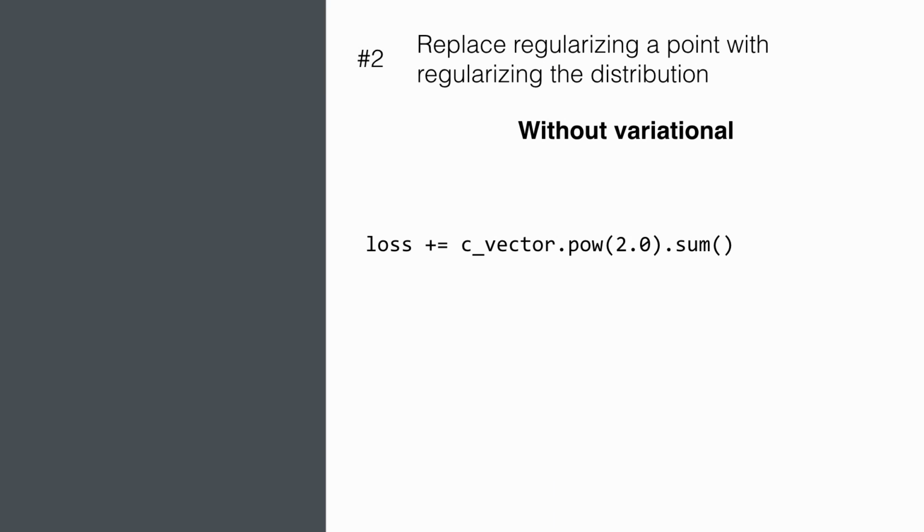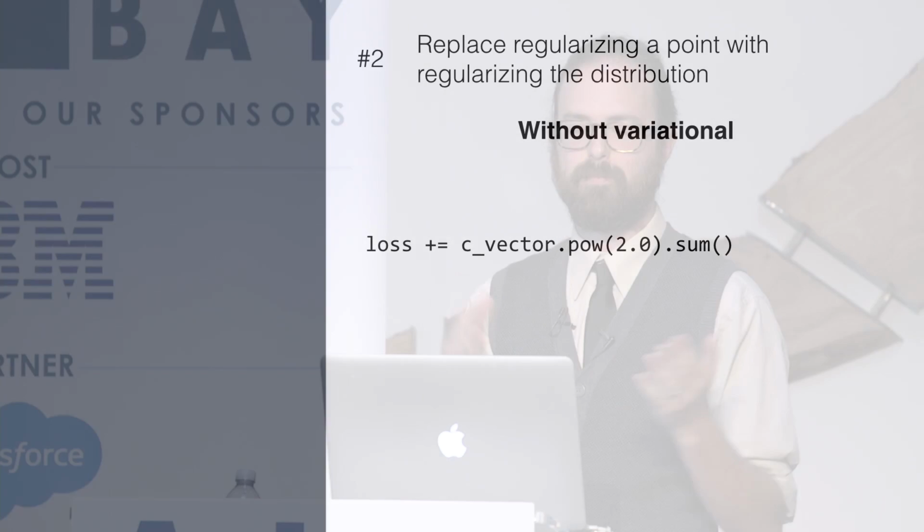It didn't have to be elegant, but it was, and it can be implemented in Python code fitting inside just a few lines right here. Okay, so fine. I've replaced my point with samples from a distribution. Now I need to regularize that distribution and say that distribution needs to be really, really similar to my prior, for example. Without the variational method, you would probably just penalize points, for example, by penalizing the L2 norm